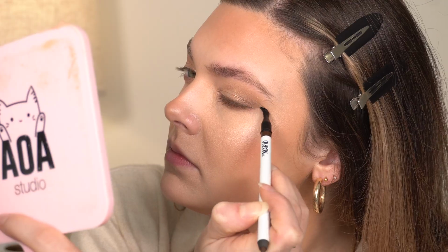All right, now I was gonna try to use this little brush tip to see if I could drag this out at all, but it doesn't look like it wants to move much. I feel like this liner definitely sets down fairly quickly, but you can smudge it, you just have to do it quickly. So I just got a little bit of the liner on my BK Beauty 208 brush,